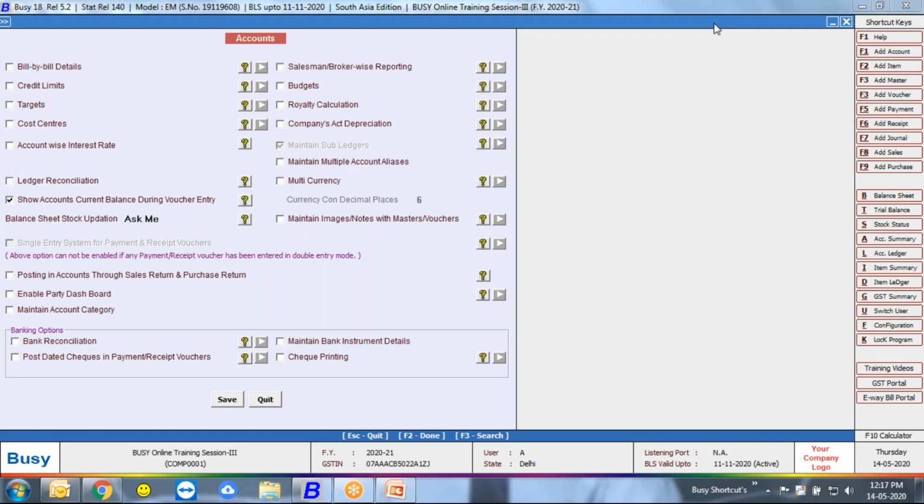Hello everyone. If you have any query related to the following topics, like credit limit, bill by bill details, and production part, bill of material, you can discuss within the time period. Do you have any query related to that? If anybody has a query, then please unmute your mic and discuss your query.